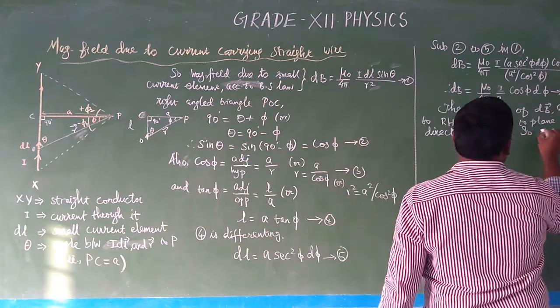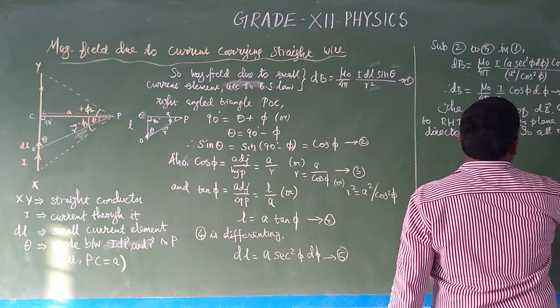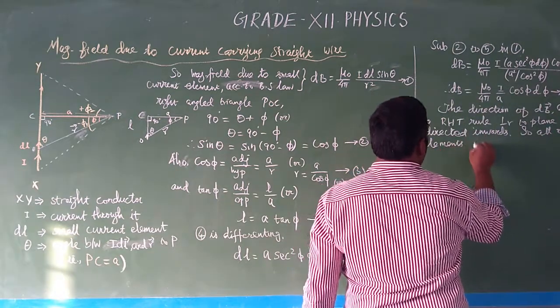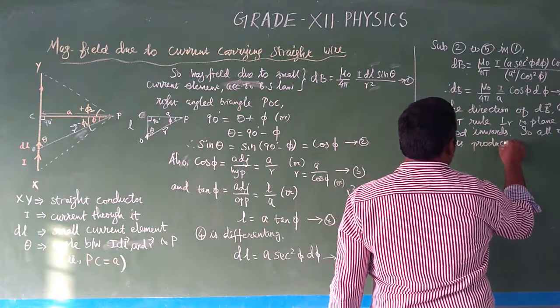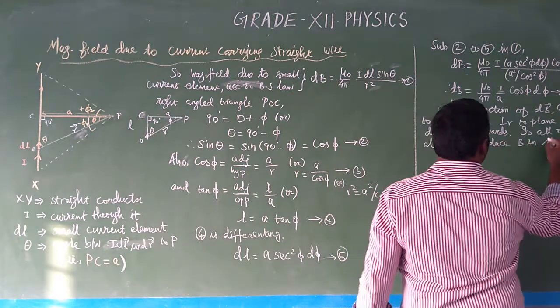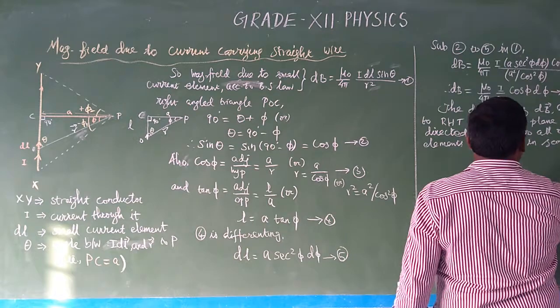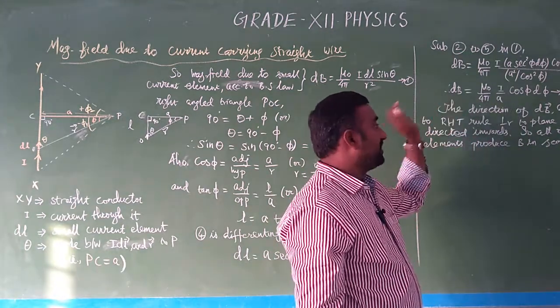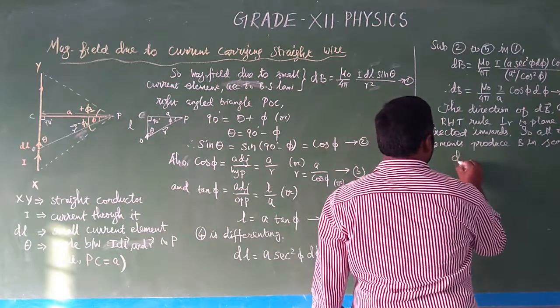So all other elements produce magnetic field in same direction. So இது நமக்கு ஒரு சின்ன எலிமெண்ட்னால கிடைச்ச magnetic field. Then total magnetic field